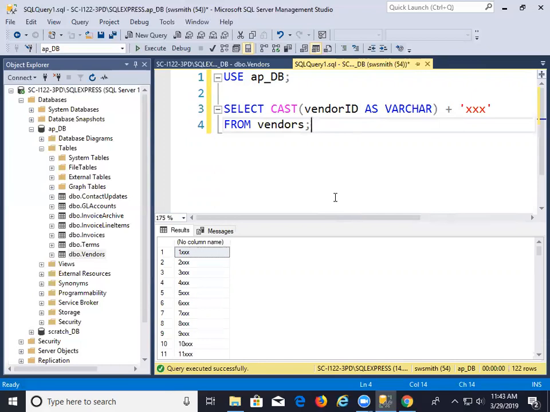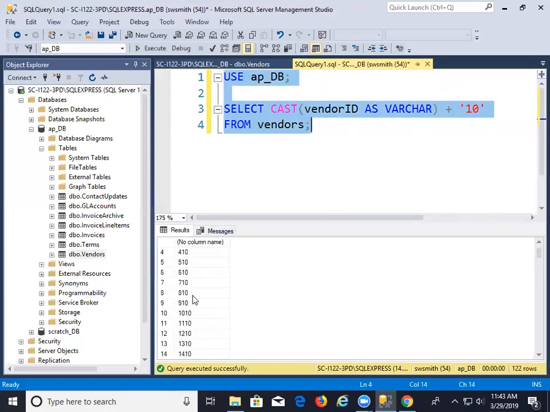So if I want it to be varchar, I should cast it. So this one is going to just stick a 1 0 on the end of everything. When I execute 1 0, it just sticks 1 0 on the end of everything. If that's not what I want,